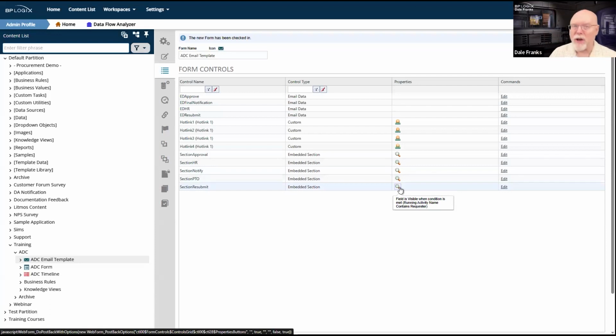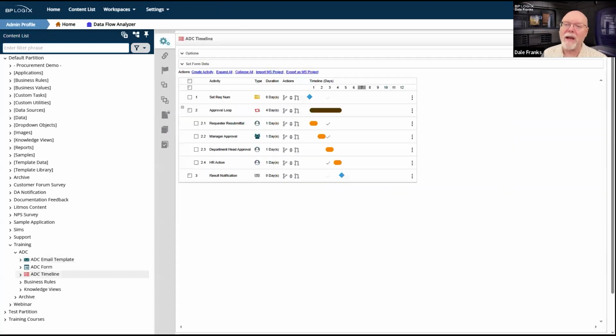There will be no time at which the running activity is both manager approval and department head approval, or manager approval and HR action. So that makes my life a lot easier. If any of these activities were running in parallel, I would have to use different conditions. So the only reason this works is because of the particular architecture of this process timeline.